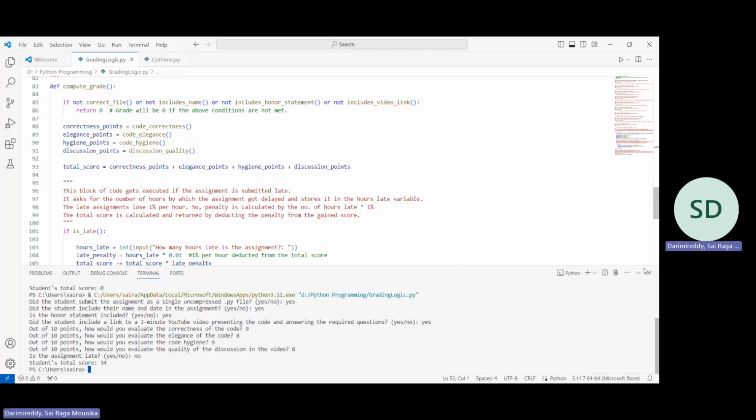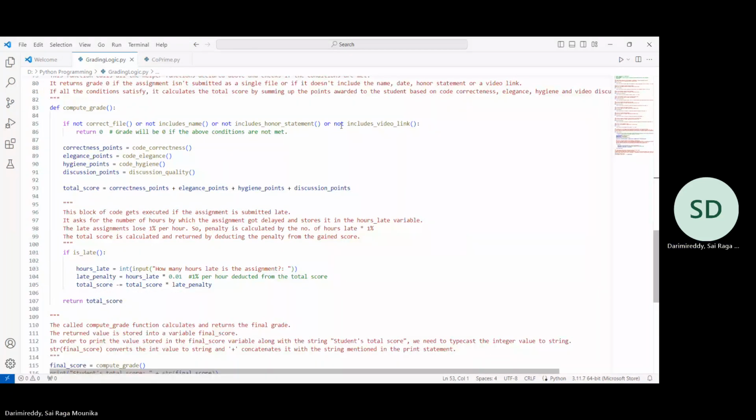So all these are the helper functions which I have used, and since I have used the or operator over here, it returns 0 if either of the conditions is false. Like if any of the conditions is not met, it would directly return 0, and then it would call the other functions which need to be evaluated in order to get a total score. So the helper functions are defined above over here. So in these functions,